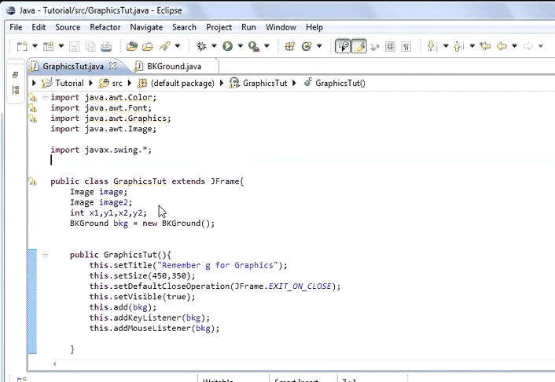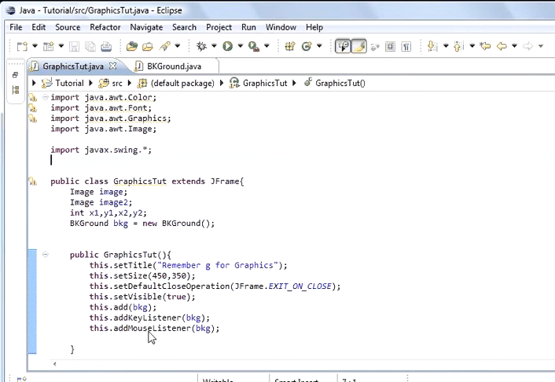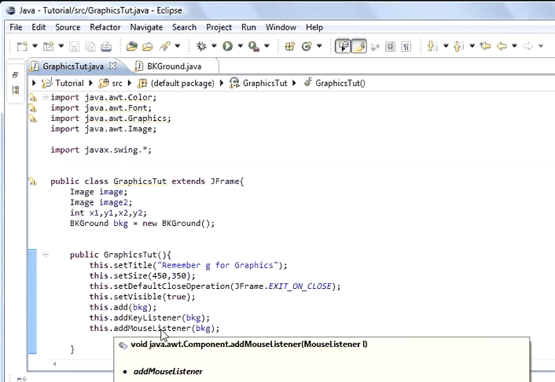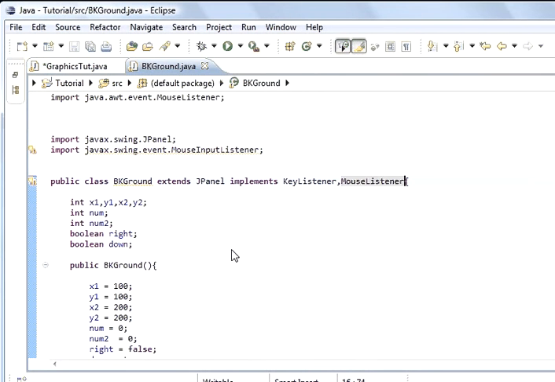This is the main program. You can see that we added to the main program add mouse motion listener and the class it was in. I'm going to comment out mouse listener because we're not going to use it, but you can use both at the same time. And so what I'm going to do here